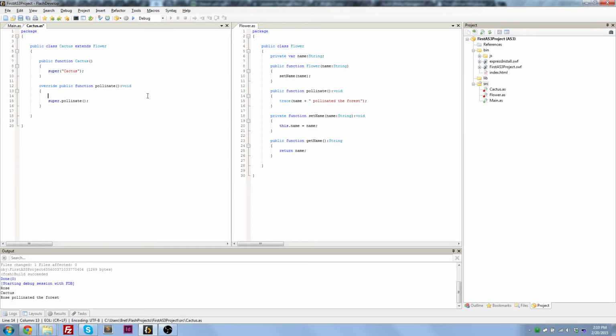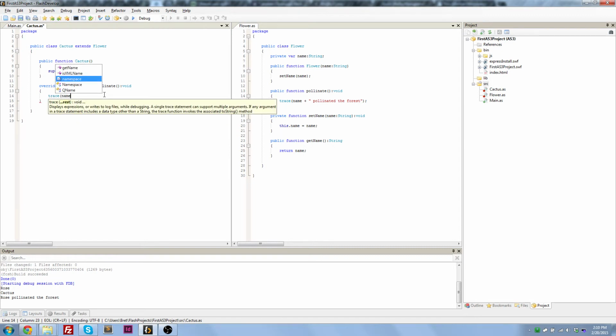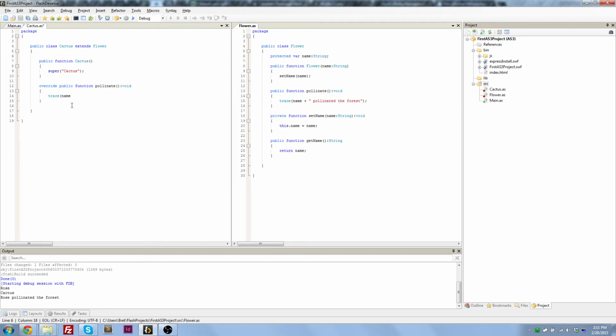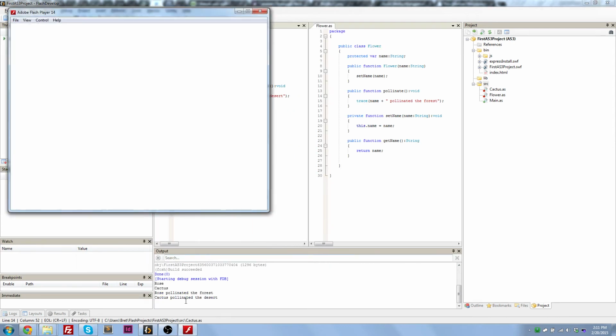So you could add something extra here, like let's say cactuses can only pollinate 5 times. You could create, you don't need to type this, poll count, which is equal to 3, and then you could do poll count minus minus. All right, and you could do something like that. Or in our case, we don't want it to pollinate the forest. We want to do name. This is another problem. Name's private. We need to make it protected so cactus can get a hold of it. Pollinated the desert. Okay,